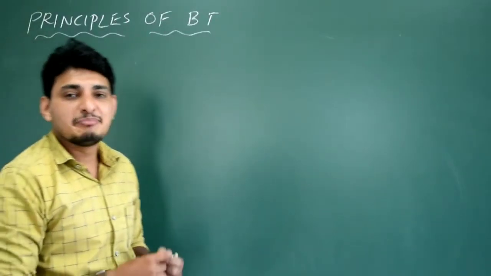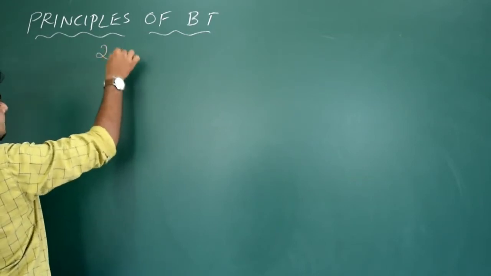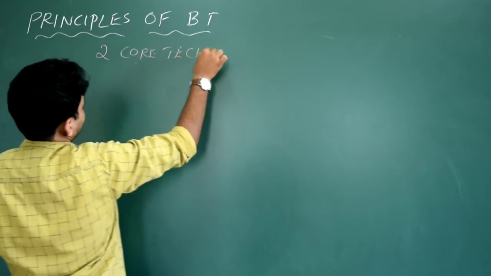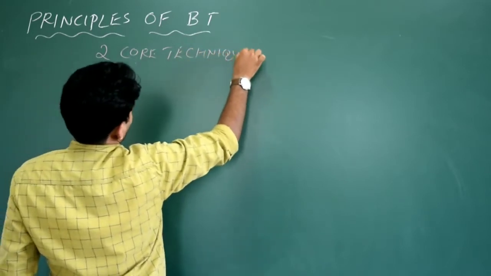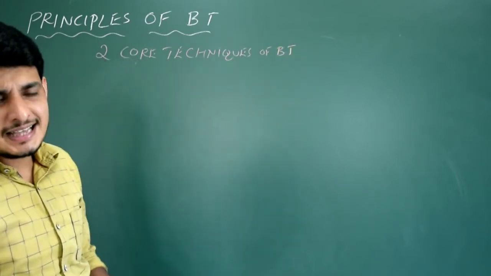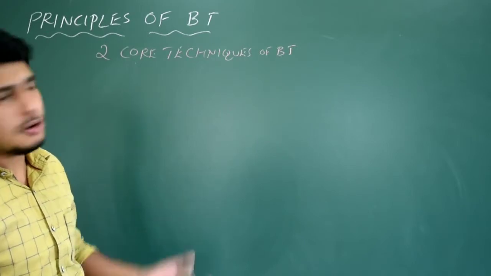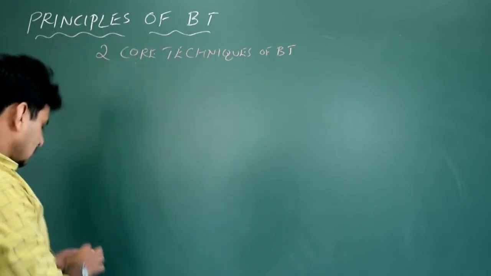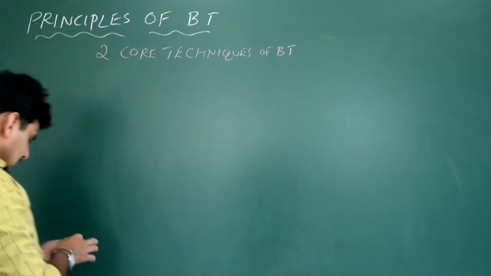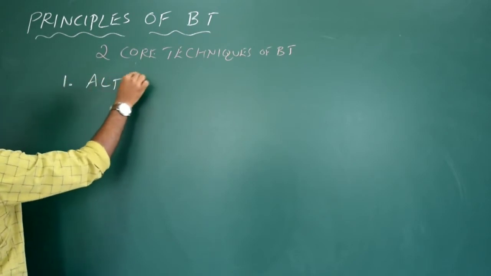Now we will see the principles of biotechnology, or we can also write this as two core techniques of biotechnology. Okay, the principles. What is exactly the theory behind the development of genetically modified organisms or biotechnology? There are two core techniques or technologies involved in biotechnology. The first one is, we'll just write like this: alteration